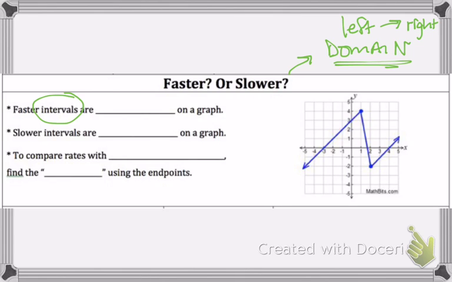So faster intervals are steeper on a graph. And slower intervals are less steep on a graph. To compare rates with exponential